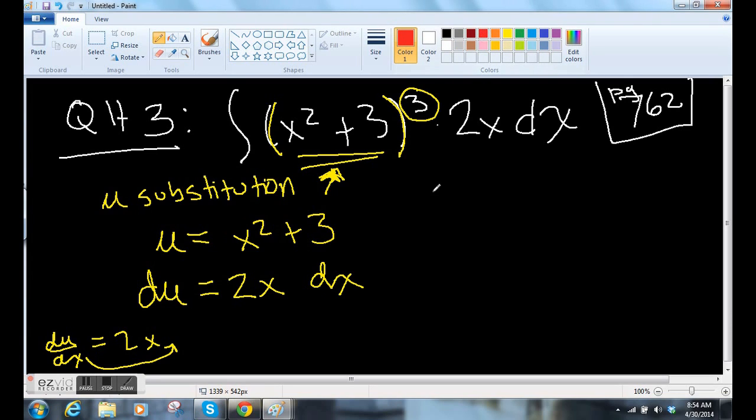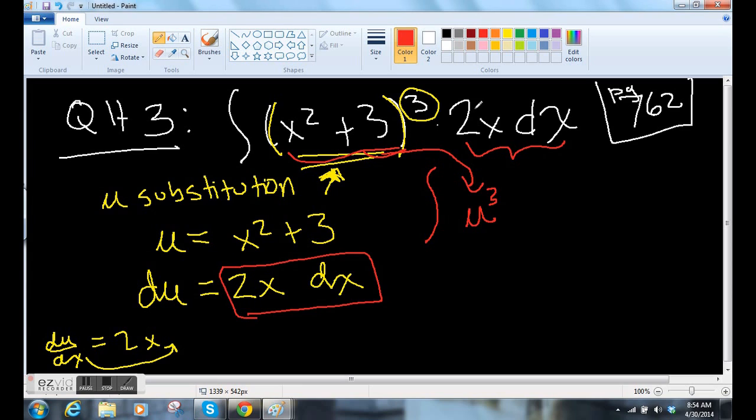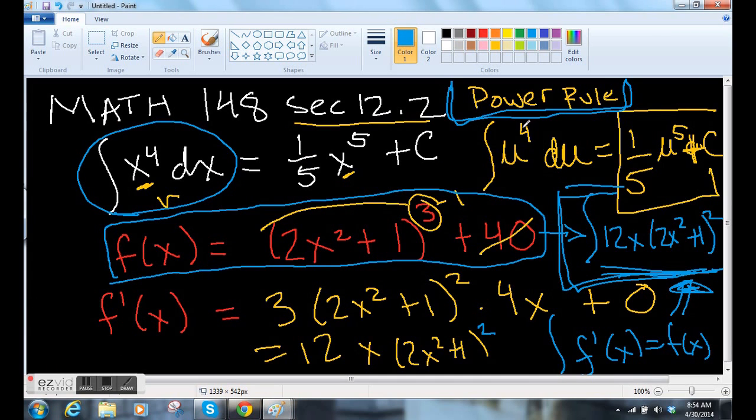I will show you. So now this same messy integral, I'm going to use u substitution. Now the x squared plus 3, I can just write that as a u. Yes, I can. And then put a 3, u cubed. And this part, see, this is the beauty. Aha! That 2x dx just perfectly works out to du. And now we're home free because you already told me on this first page that the integral of u to the 4th du is just 1